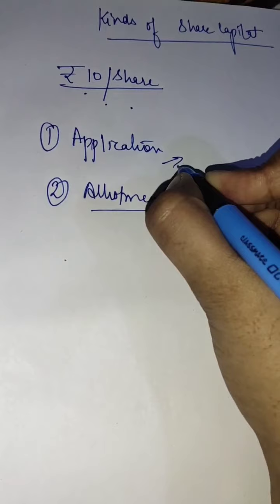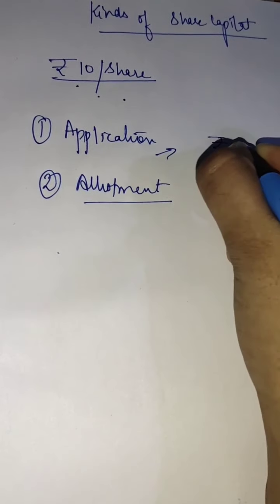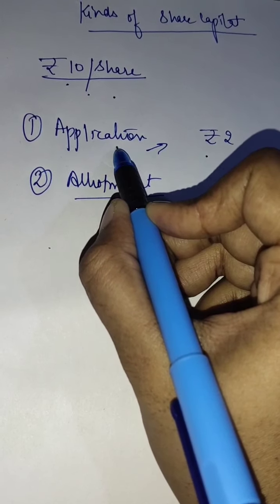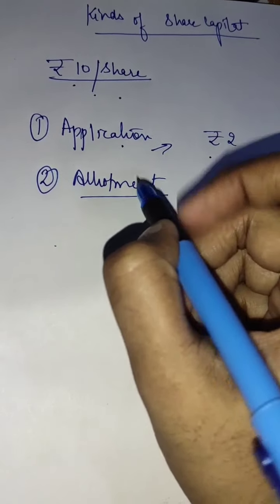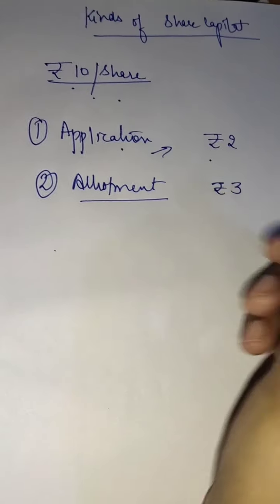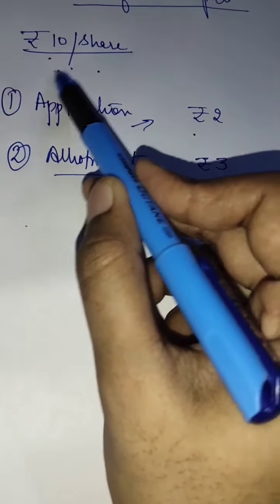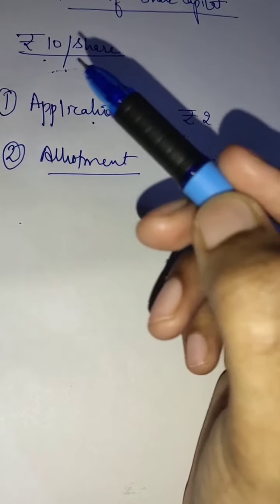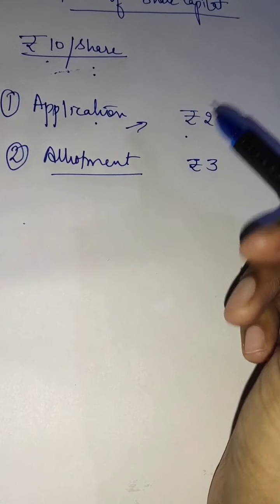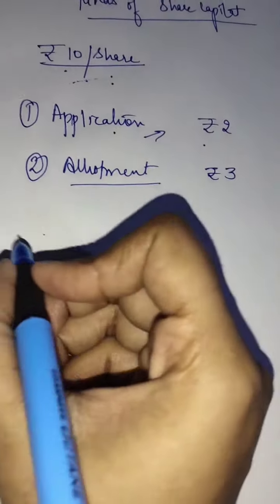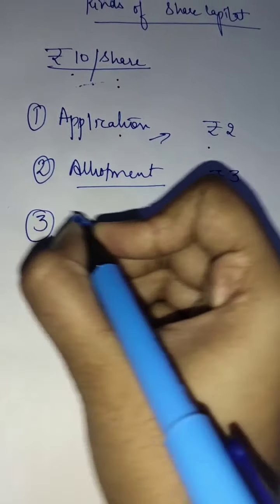Then they will ask, let me explain to you, the company may ask rupees 2 per share at the time of application. Later, at the allotment time, they may ask rupees 3. I'm just taking an example here. Then we are left with rupees 5 remaining amount. Who can ask? The company can ask from the public in the form of 2 installments or in just one-time payment, the last payment. So let's suppose we take the example of 2 installments.